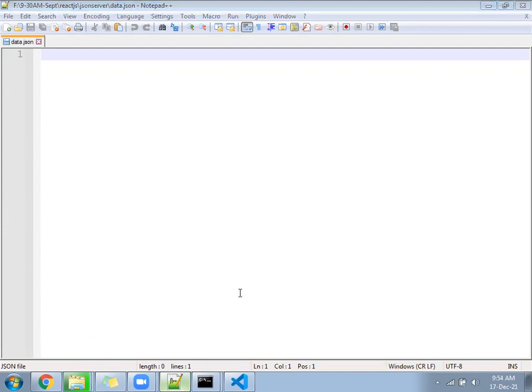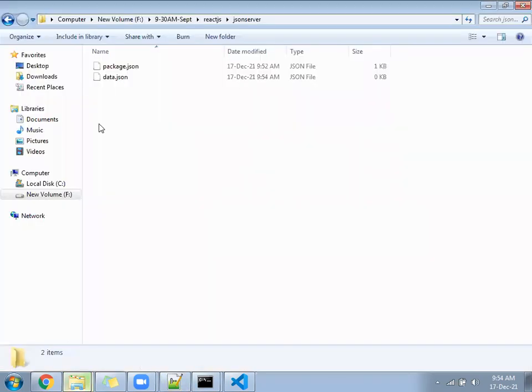This data.json must be under the same folder, the JSON server only. You should not create it somewhere else.